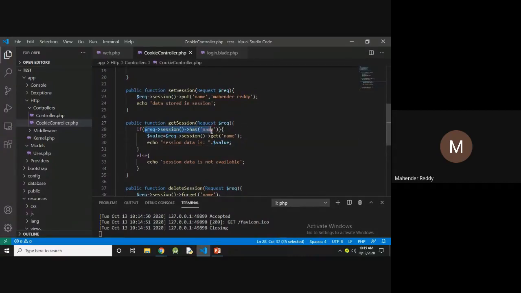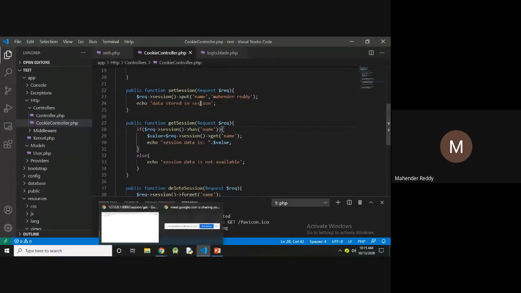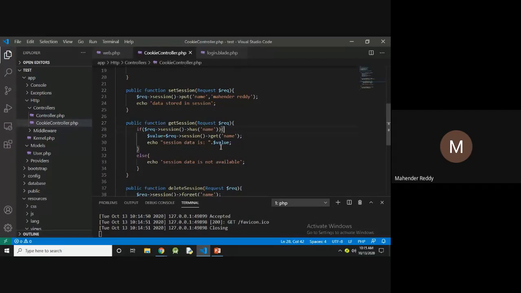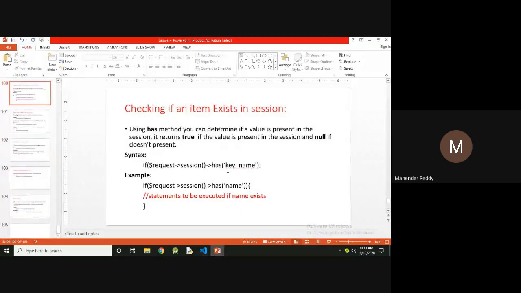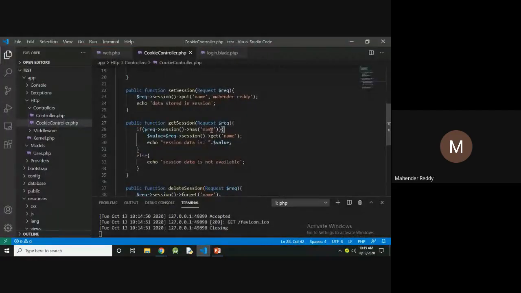Here it is, the name is given here, name.